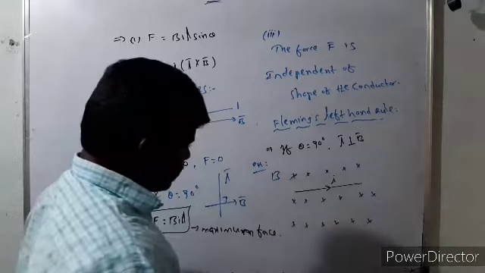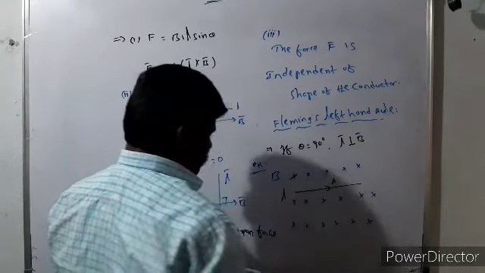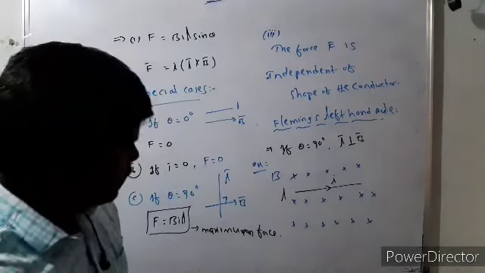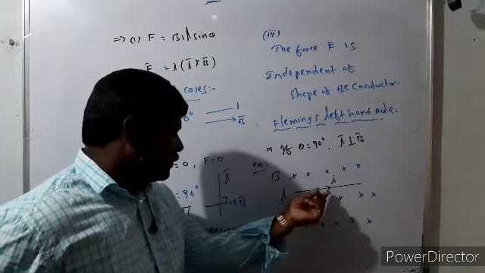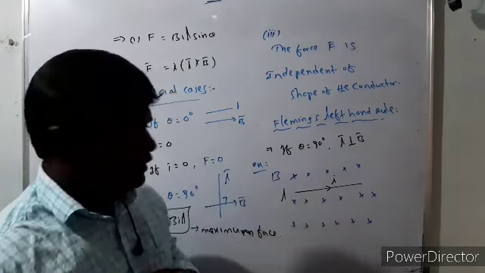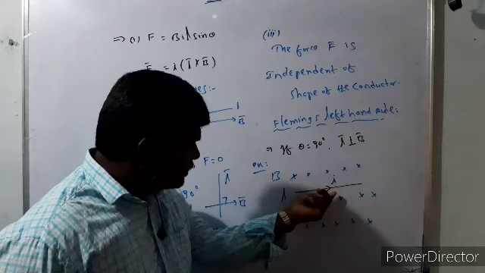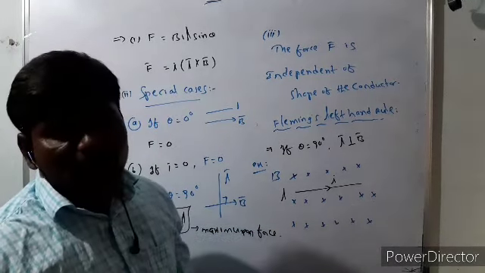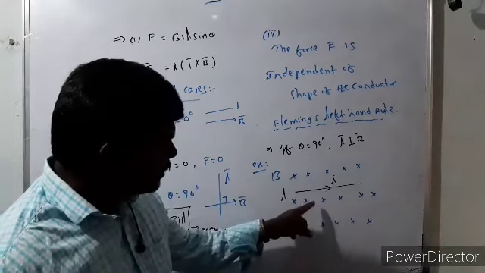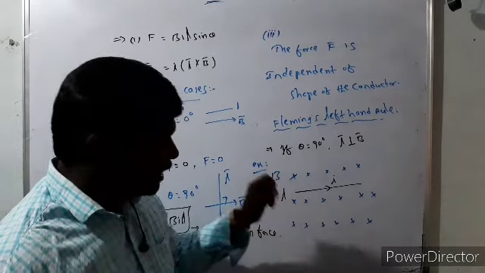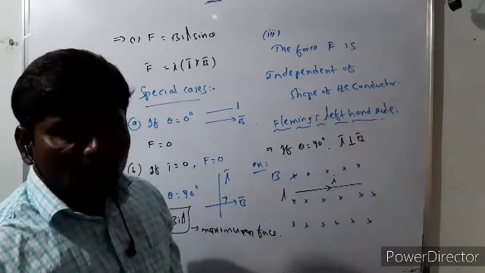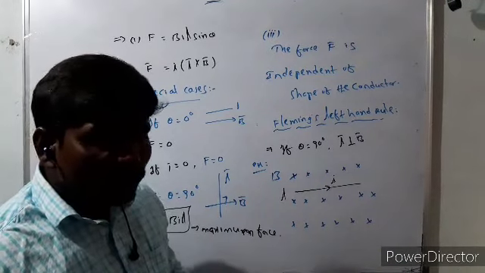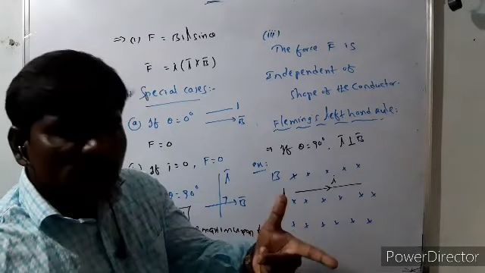Here the length of the conductor let it be L. Now this conductor carrying current I amperes, its length how much? L we are considering. Here the conductor is in the plane of the board. The magnetic field is perpendicular to the plane of the board. That means the length of the conductor is perpendicular to the magnetic field. Now in this case, to know the direction of the force on the conductor, we have to use Fleming's left hand rule.